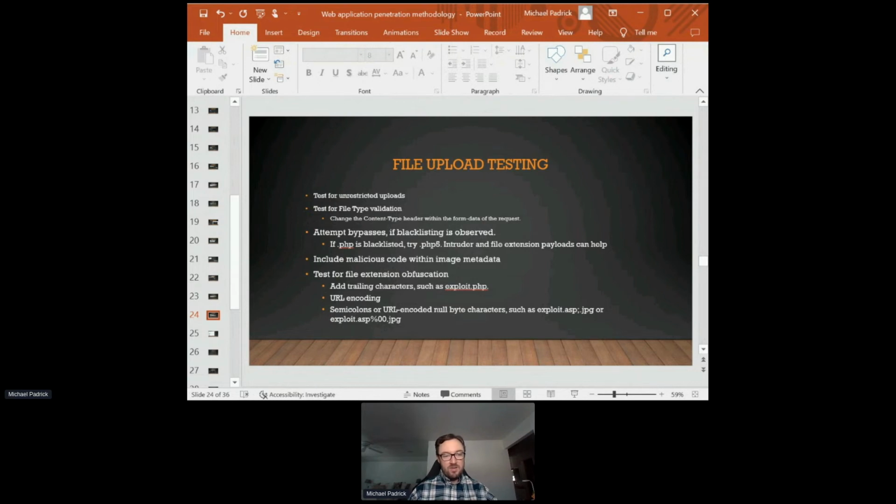And then finally, you're going to want to test for some file extension obfuscation. Google is your best friend. People ask me, hey, Mike, what's the number one tool you use? Google. All right. So